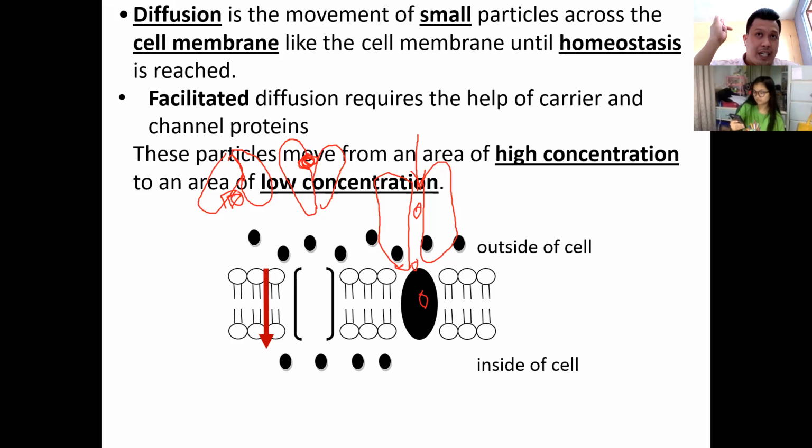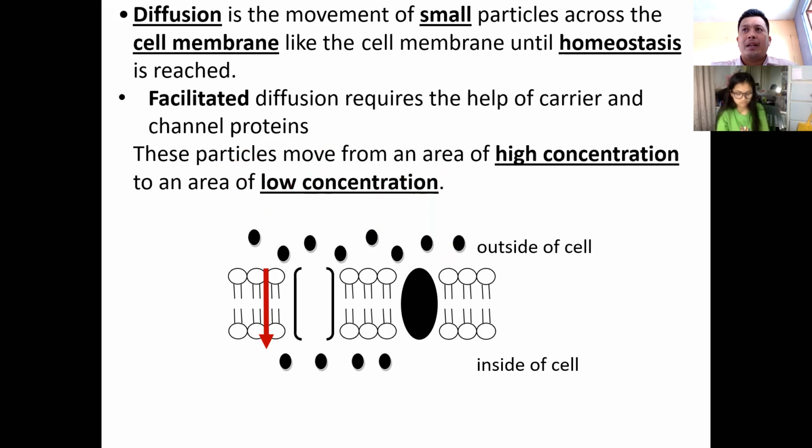By the way, concentration gradient, class, is the movement of molecules from high concentration to low concentration. That's concentration gradient. There's a difference between the concentration of molecules from one area to the other. Okay? But simple diffusion is simply the passing of molecules through the semi-permeable membrane of your cell wall or the cell plate or the plasma membrane. Examples of simple diffusion we have here. I think I mentioned one of them a while ago.